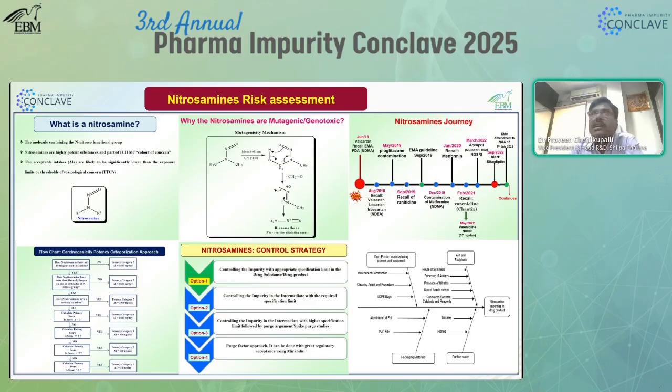And whenever NDSRI is there, NDSRI will be formed when a secondary amine or tertiary amine is present in your API. There, controlling nitrites or peroxides in the excipients is also critical in the formulation of the drug product. So we have to establish the control strategy, how we are controlling these nitrosamine impurities in the drug product or drug substances. Accordingly, we put in the appropriate limits and proceed with the deliveries.